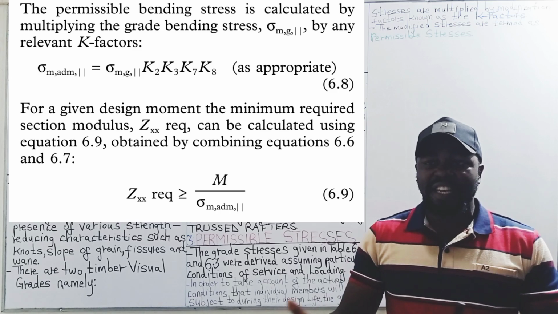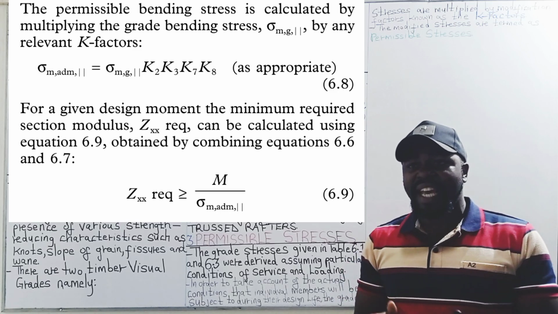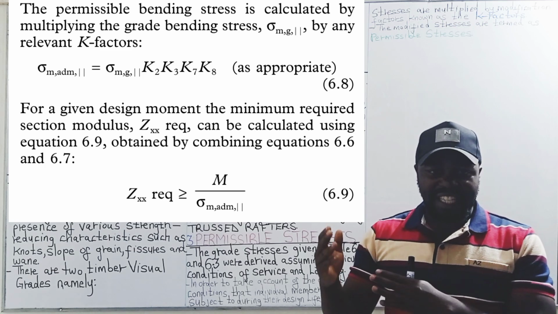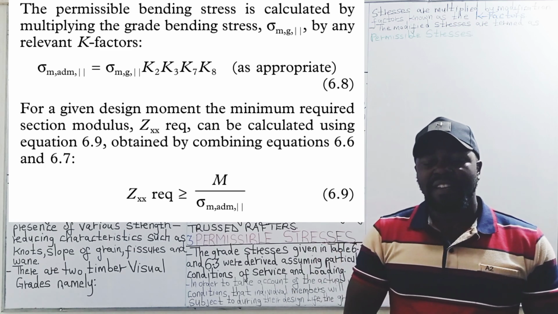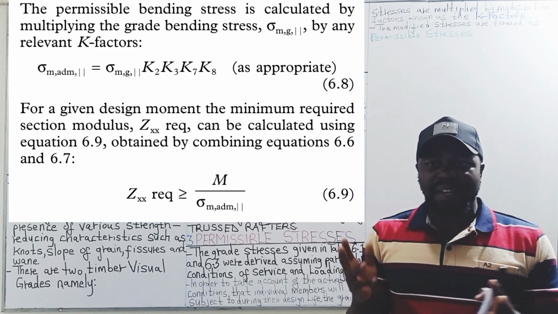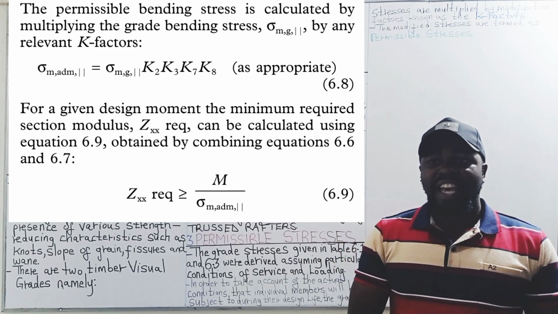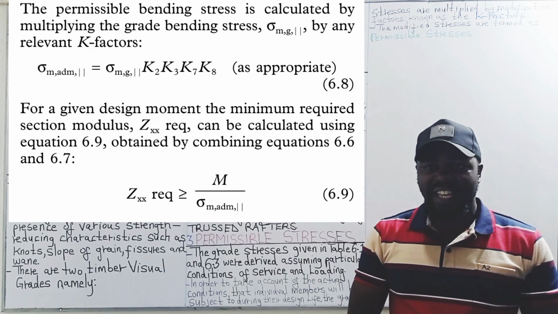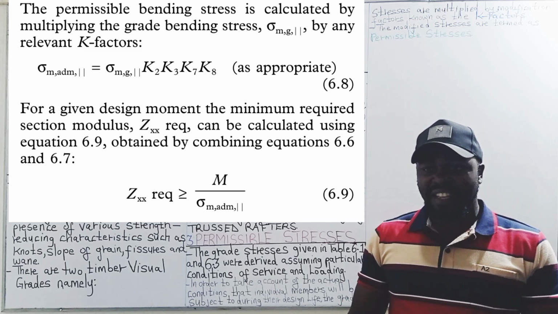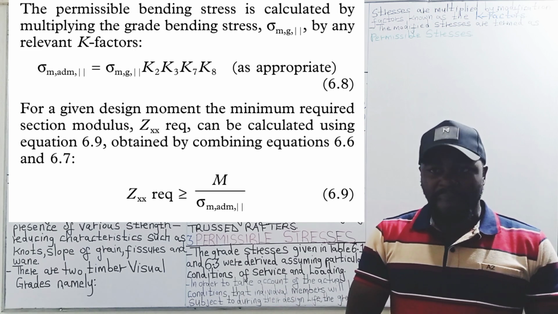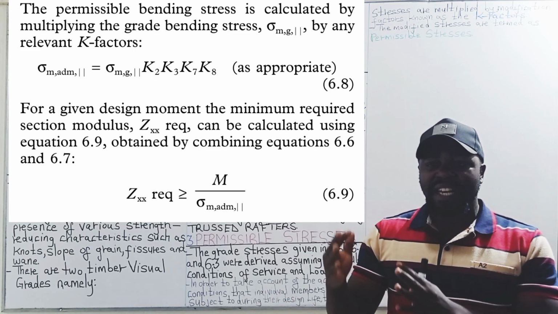The permissible bending stress is calculated by multiplying the grade bending stresses by any relevant K factor. For a given design moment, the minimum required section modulus can be calculated using the following equation. That is, the required section modulus is given by the design bending moment divided by the permissible bending stress